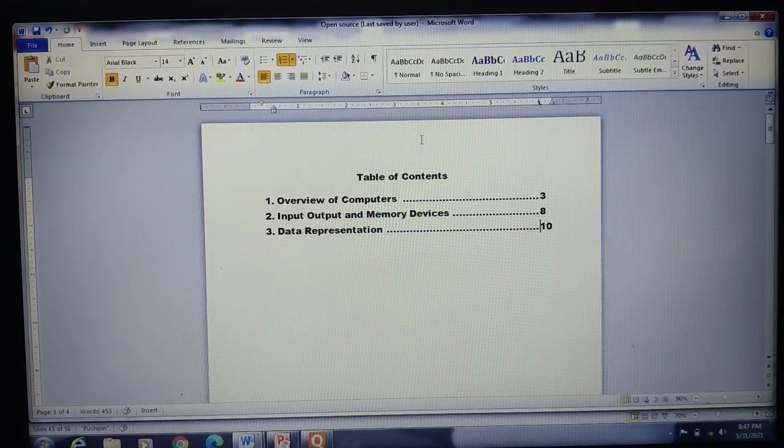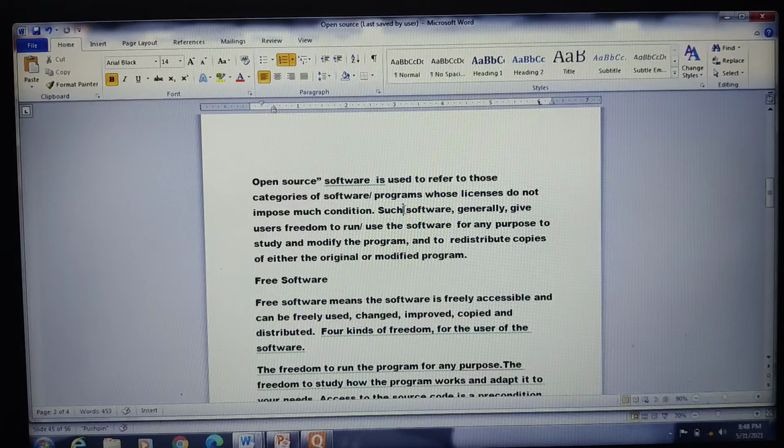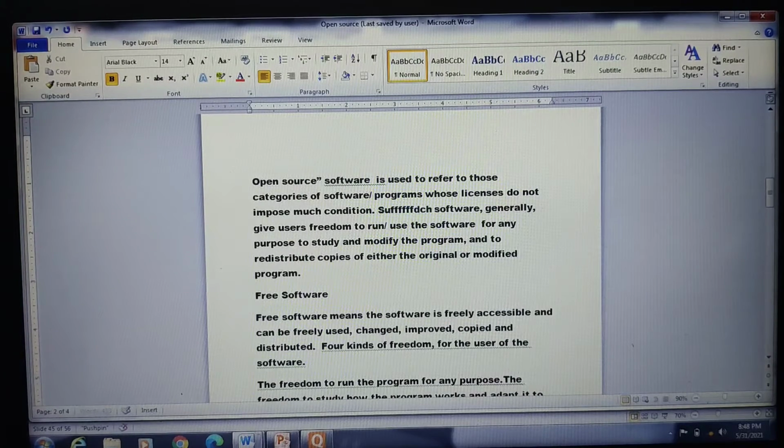Now the next one is editing. When I come to this particular text here, editing is by default, as I said, in the insert mode. So when you type any content here, I'll just place the cursor over here and type some simple text, and it is inserting whatever I'm typing. What if I get into the overtype mode? Before that, look here: it is showing that right now we are in the insert mode.